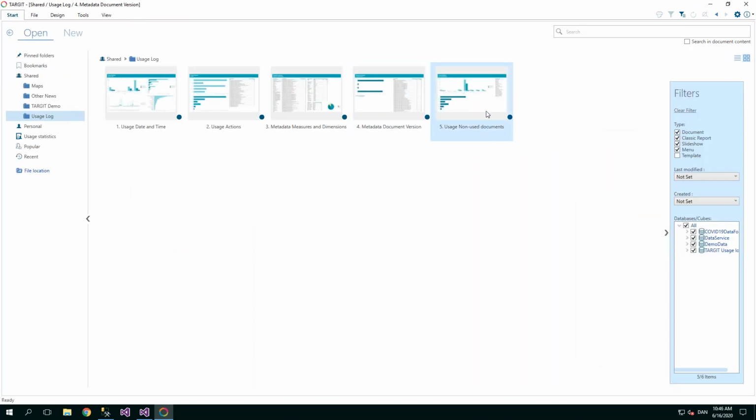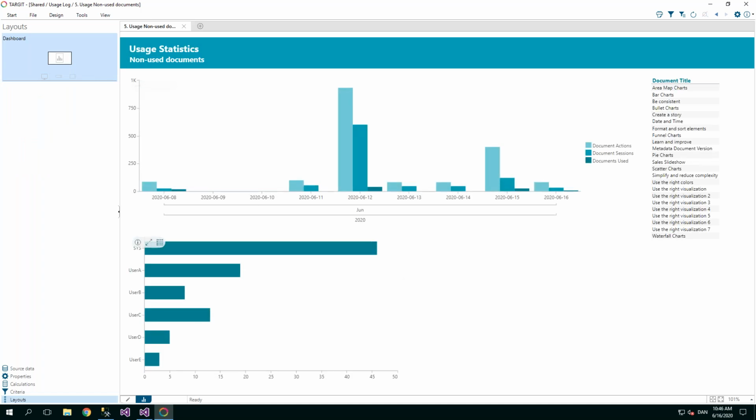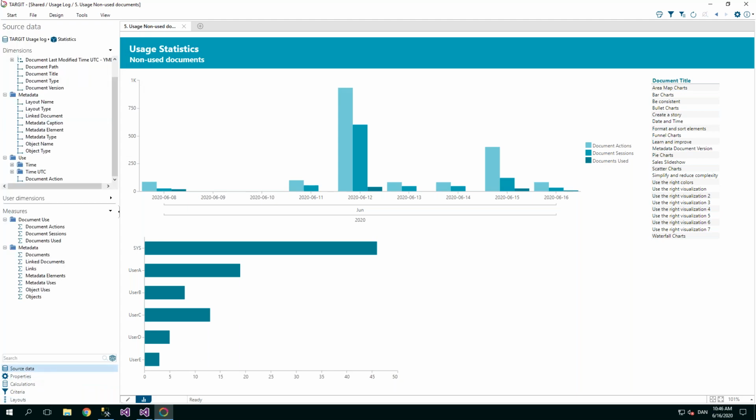And the last one here, this is something I did to show the non-used documents, which I think is an important thing. I have to say I cheated a little bit here because these are actually the non-used documents here, but the source data for it doesn't work right now. So I created this showing all the documents, but then I got a flag on those that have been used. So these are those without that flag that shows that it has been used. So it works okay as it is here. Anyhow,